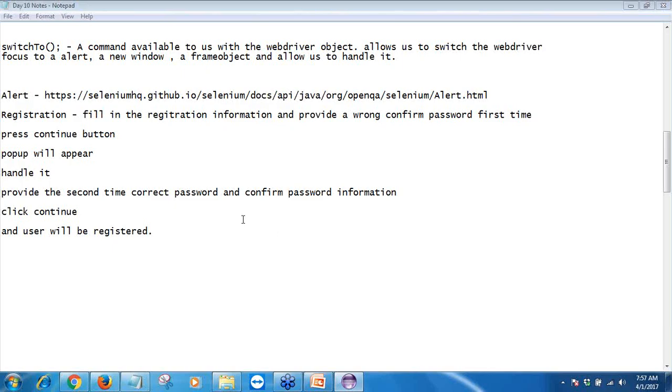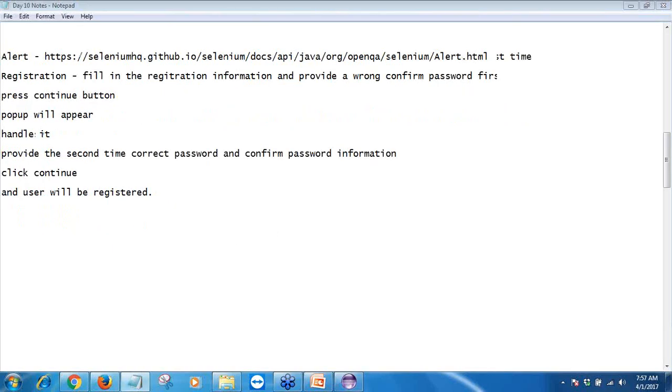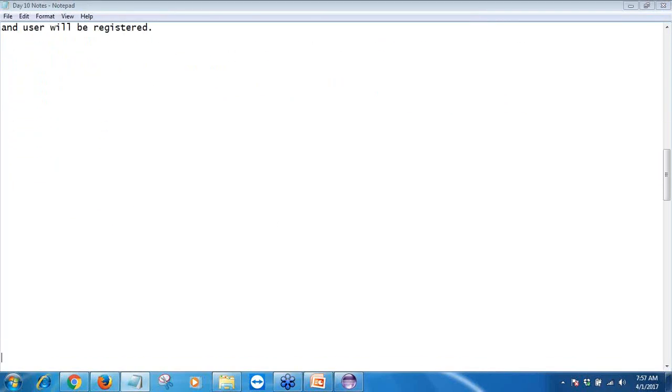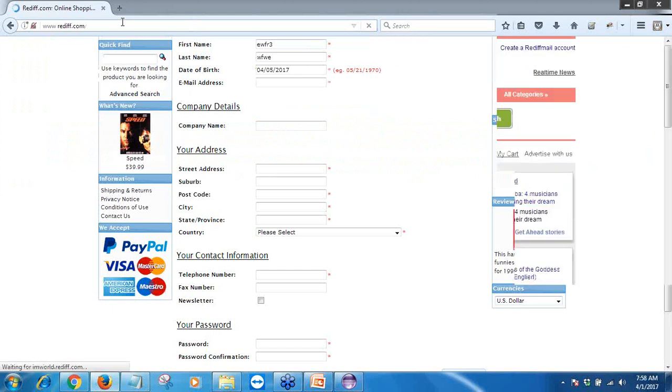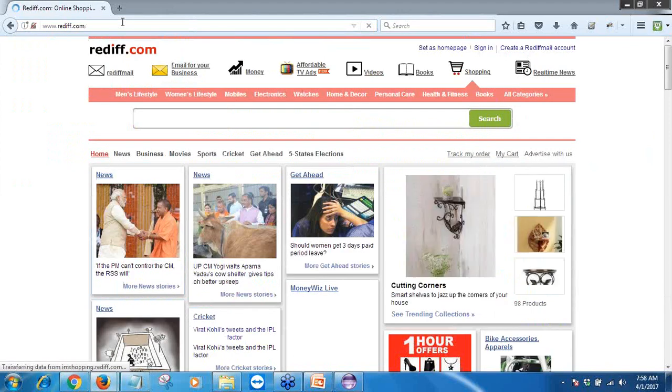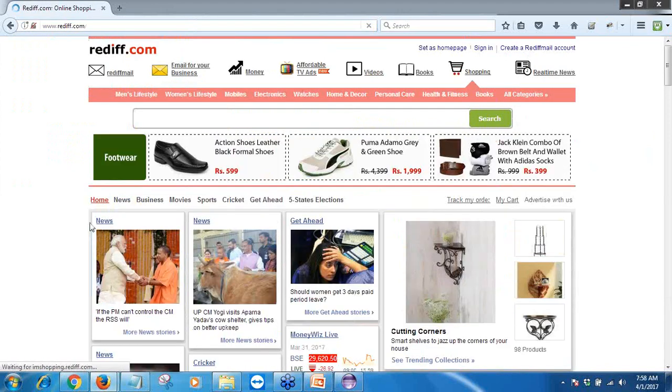Resuming the session, I hope you all are able to hear me and see the screen. Okay. So next we will have a look at how we could handle a window. To handle a window, have a look at the web application Rediff, and whenever Rediff is opened,